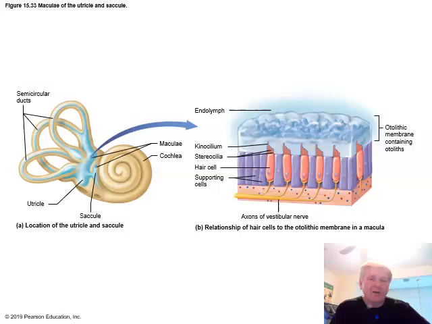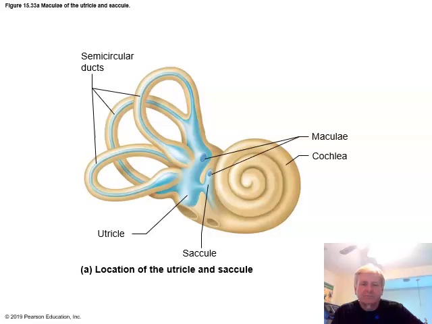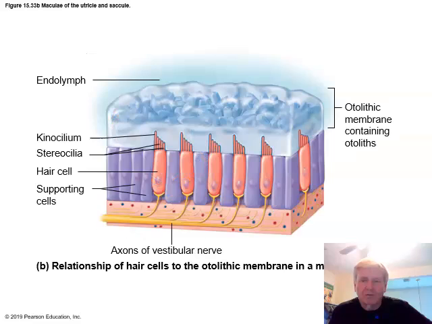This is again a location of the utricle and saccule and the relationship of the hair cells to the otolithic membrane and the macula. The macula is the expanded region of the vestibule where your hair cells are located. Remember, this is our static equilibrium. So here's your utricle and saccule in your vestibule. And here's your relationship of your hair cells to the otolithic membrane in a macula, which is, of course, in